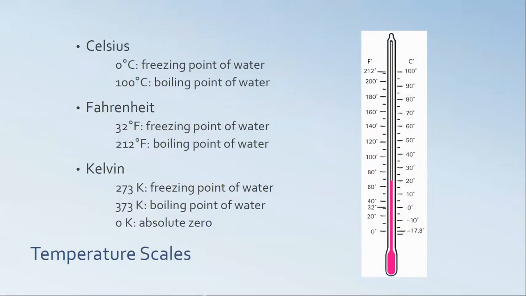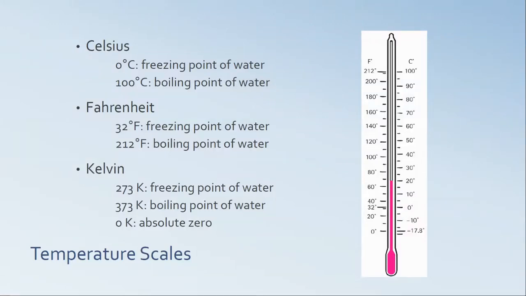On the previous slide, you heard me mention Fahrenheit, and Fahrenheit is one of the three common scales that we use to measure temperature. The most common scale, used in most of the world except for the United States, is the Celsius scale. And Celsius is based on the freezing and boiling points of water. So 0 degrees Celsius is when water freezes and turns to ice, and 100 degrees Celsius is when water boils